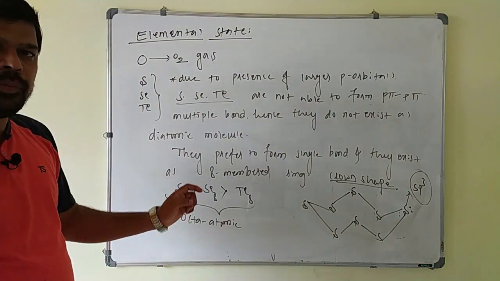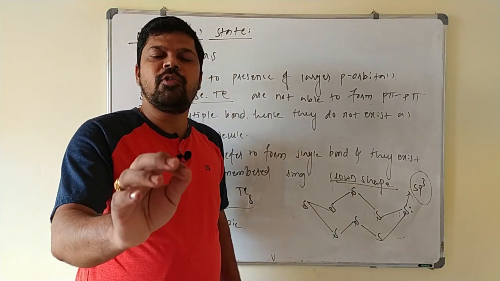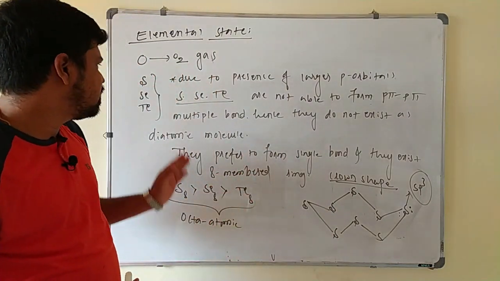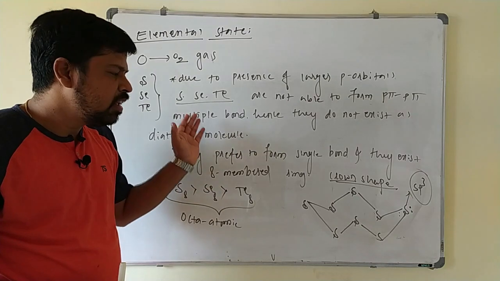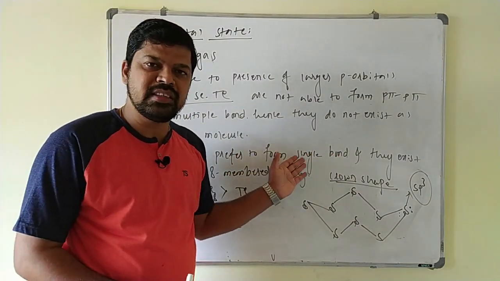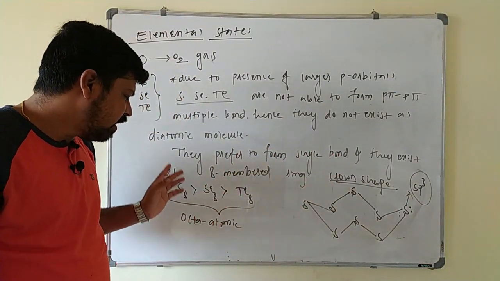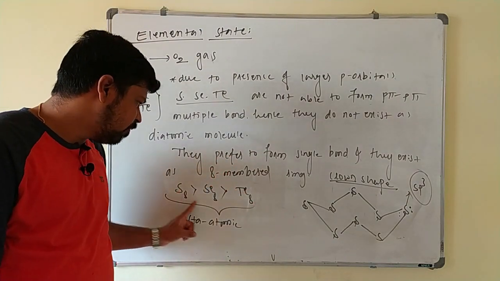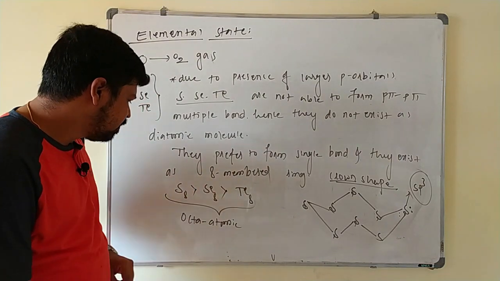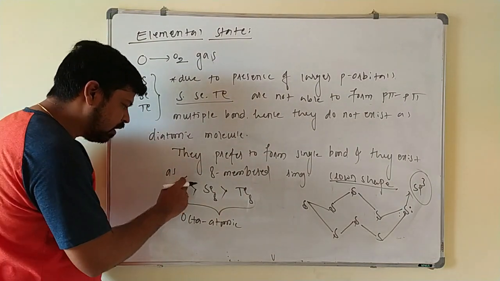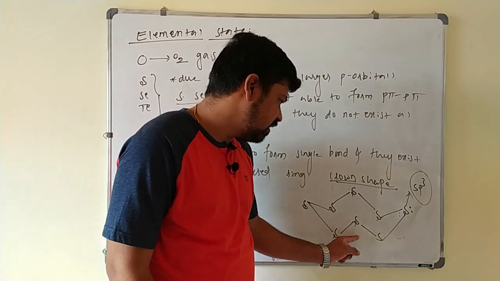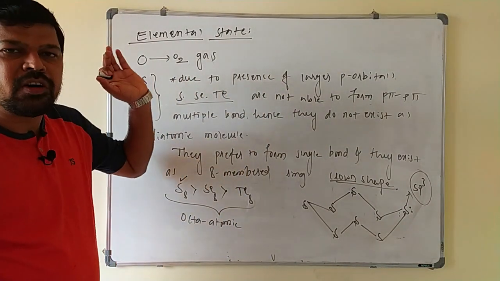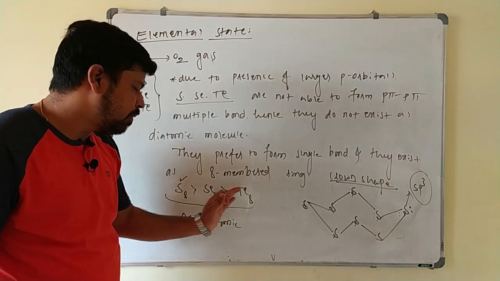sp3 here. So the point is, oxygen, due to formation of multiple bond, exists as a diatomic gas, and the remaining elements, they are not able to form pπ-pπ multiple bond, they prefer to form what? A single bond, and they exist as 8-membered ring here. And that too, again the tendency to exist in the 8-membered ring decreases from what? Sulfur to tellurium. In these three, sulfur S8 molecule is more stable, and they are having structure like this. It is a crown shaped 8-membered ring here. Okay, this is what: oxygen is diatomic, and remaining elements are what?